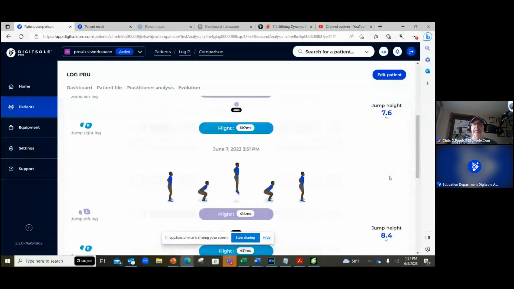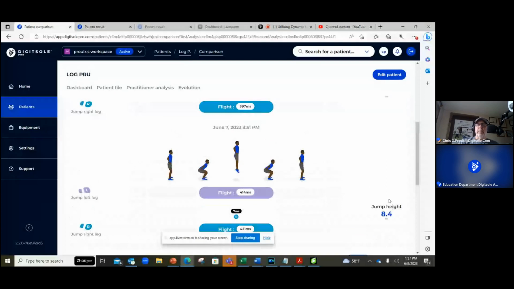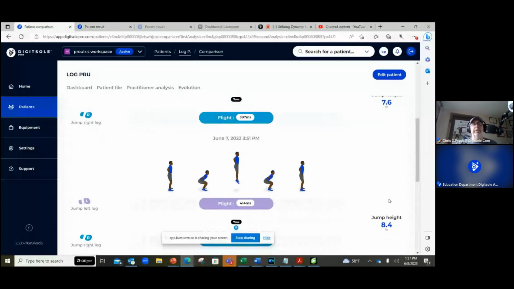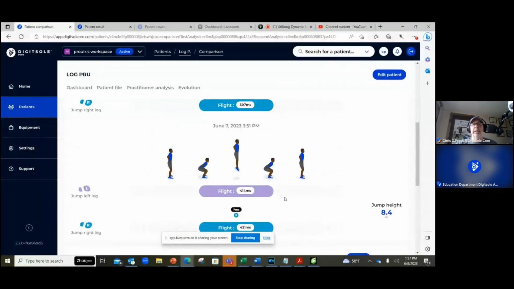And on this jump, height was 8.4. So he increased by what, 12, 13%, just by improving the cueing and telling him, listen, I want you to jump as high as you can, go down as fast as you can, and come up as fast as you can. So we notice he was in the air 14 milliseconds higher on this side, 21, 24 milliseconds on